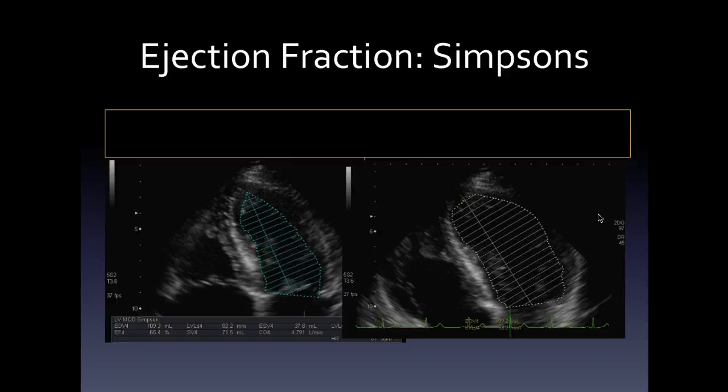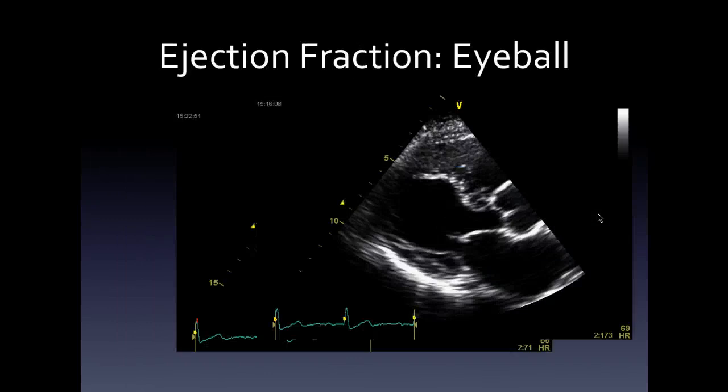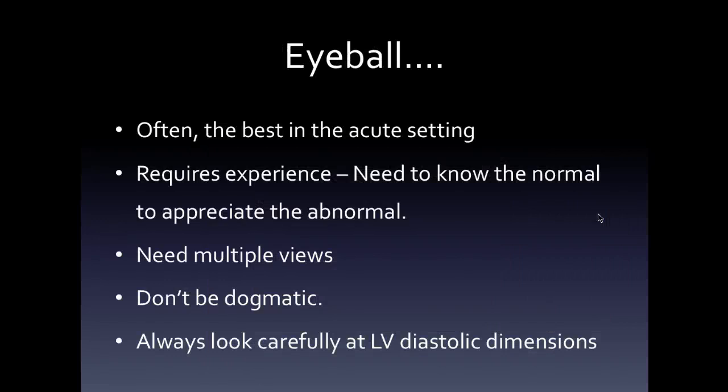The good old eyeball is next, so let's just take a picture and look. And I confess, this is what I usually do. So you'll take a picture, which isn't playing on this slide, so we'll move on to another one, but you'll take an eyeball and you'll say, look, I think the heart looks good, I think the heart looks bad. And of course, it's often the best, really, because if you can get 3 or 4 views, you can tell an awful lot about the heart, but it does require experience, because if you take a 28-year-old marathon